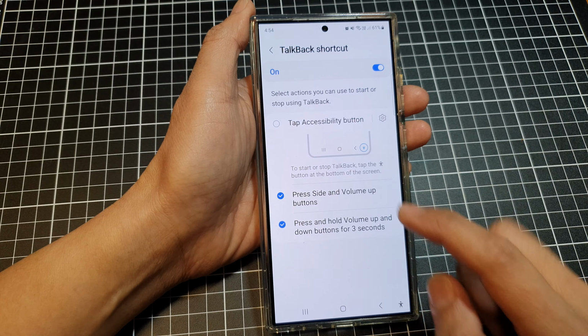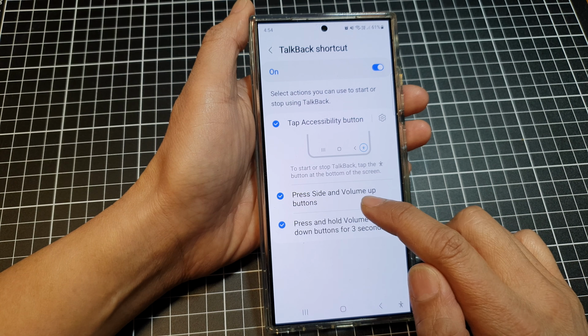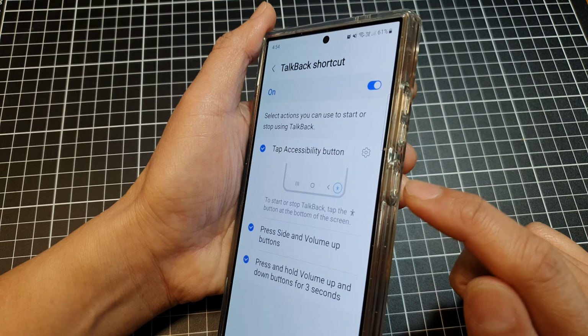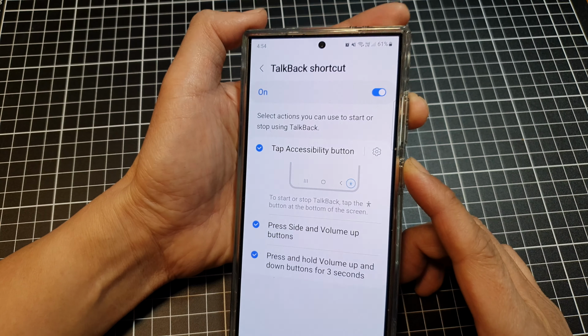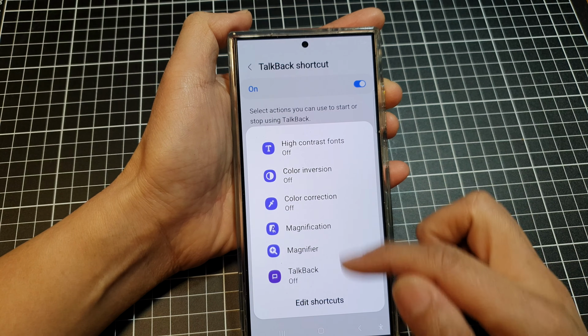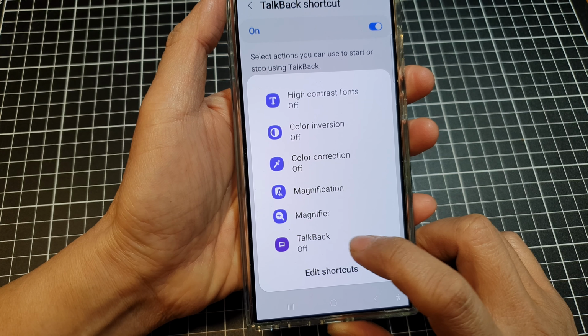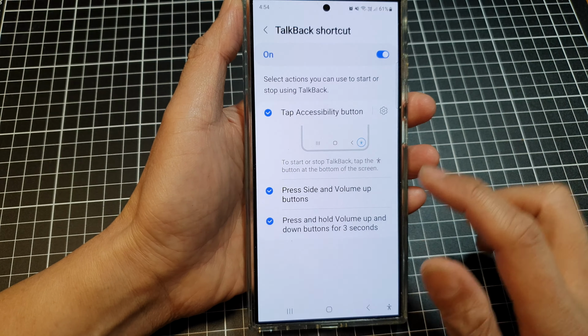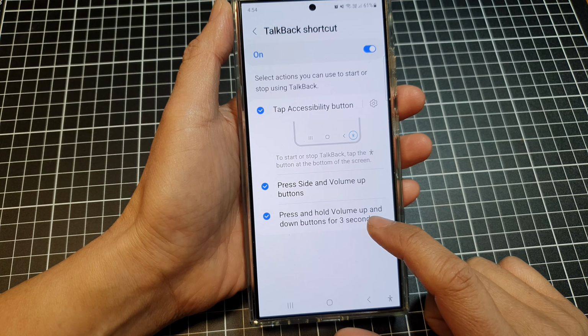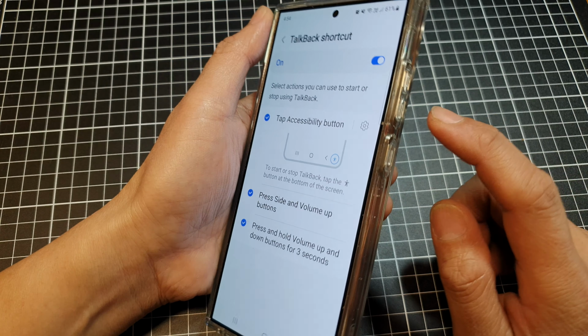shortcut. Now the other option is press side and volume up buttons. So that is the side and the volume up button. So if I press on both keys, that will bring up the shortcut, which allow me to quickly turn on or turn off Talkback. And the other option is press and hold volume up and volume down buttons for 3